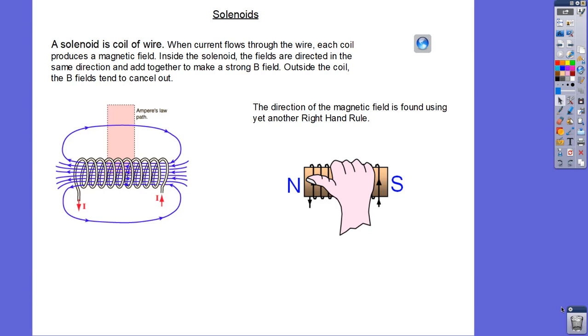Okay, so a solenoid, or solenoid, I use both terms interchangeably, is just basically a coil of wire. So we have here a coil of wire, and what that shape of wire does is it allows the creation of a strong magnetic field in there, and that essentially acts like a bar magnet. Right there. So I'm going to show you a short